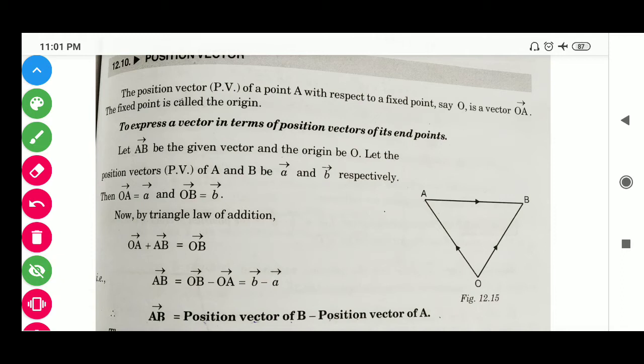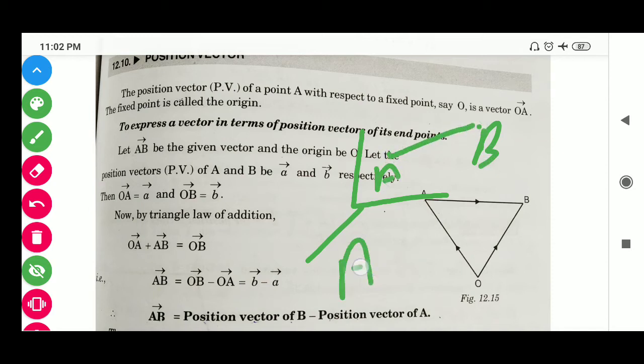In this way, students, today we learn that if we have a single point A in the 3D plane, we find the position vector by finding the distance from the origin. This is called the vector A. But students, if we have two points in the three-dimensional plane, first A and second B, and we have to find vector AB, then we will write the position vector of B minus the position vector of A.